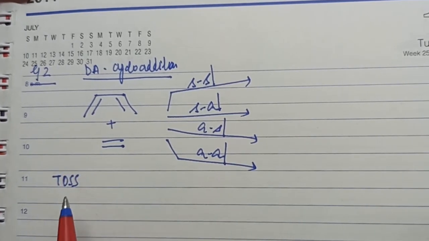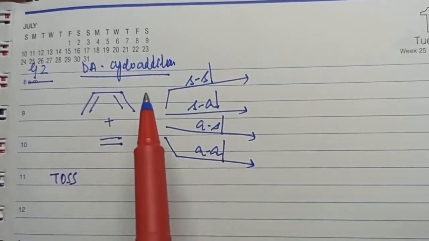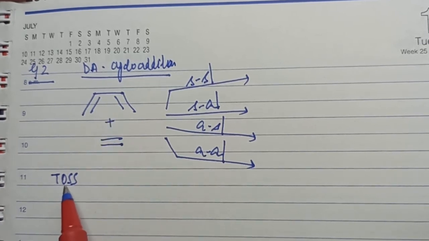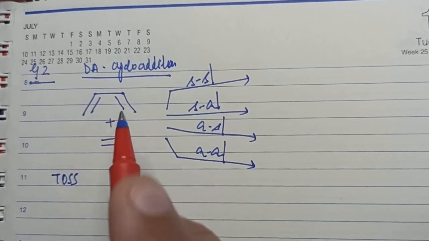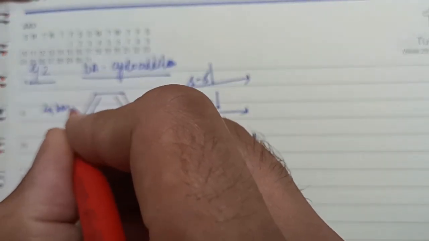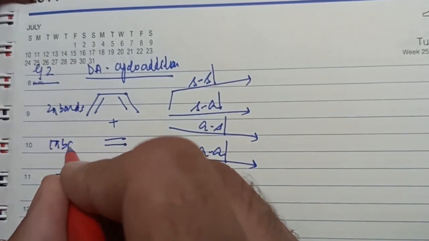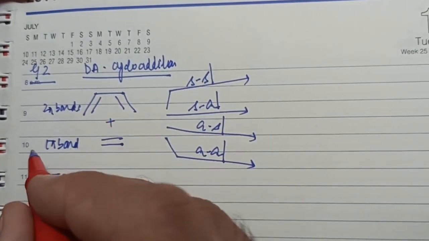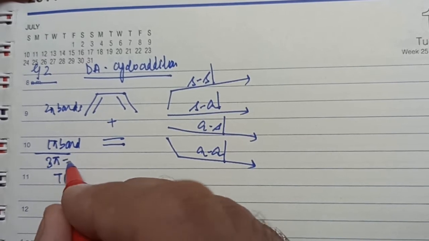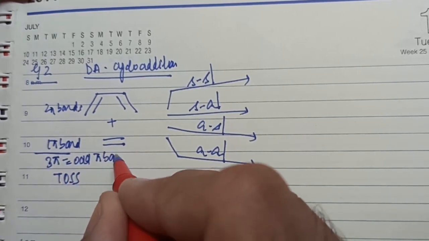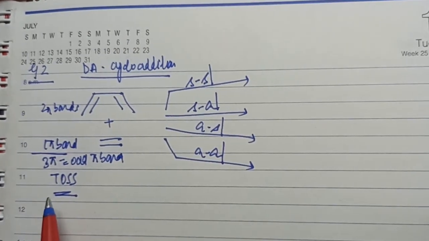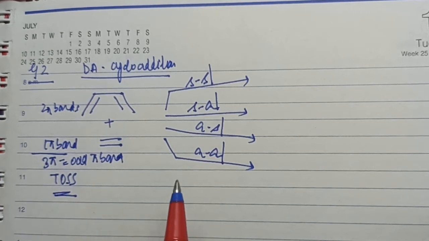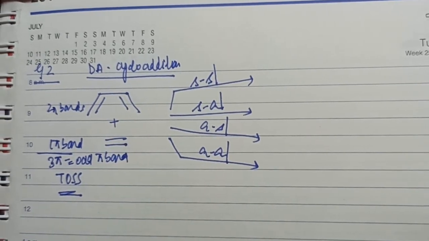Now, one thing I cannot change as far as this reactant system is concerned is the odd or even nature of the pi bonds. If you look at this reactant system, it had two pi bonds coming from butadiene and one pi bond coming from ethene. Therefore, this system is a total 3 pi bond system, and therefore it is an odd pi bond system, isn't it? So whatever formula we create, this second component, that is odd, will always remain odd only. We cannot change it to even because this is fixed for our system, right?